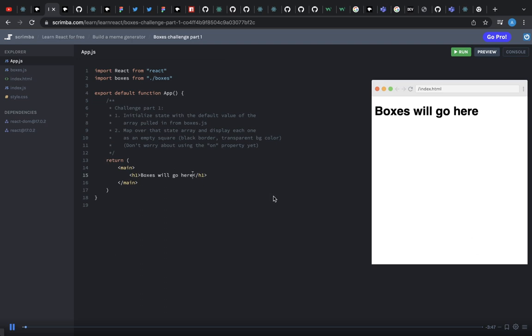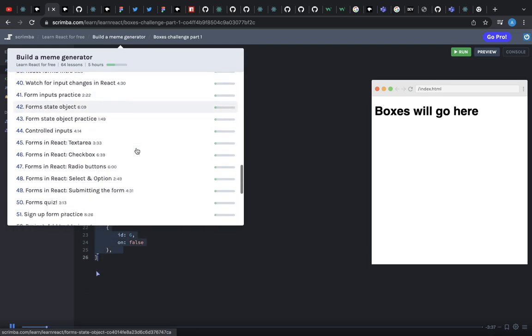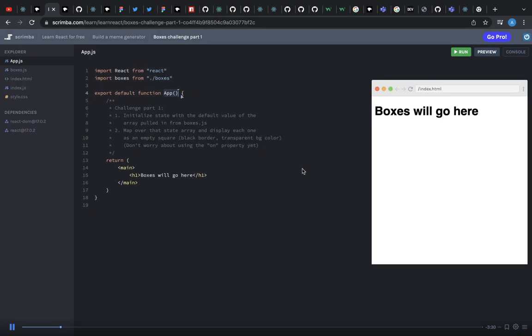This is the beginning of a series of small challenges to really reinforce some of the past topics that we've been learning about. The first thing I want you to do is to take a look at boxes.js. You'll see I created an array of objects which have two properties, ID and on. And your first challenge is to initialize some state inside of our app component